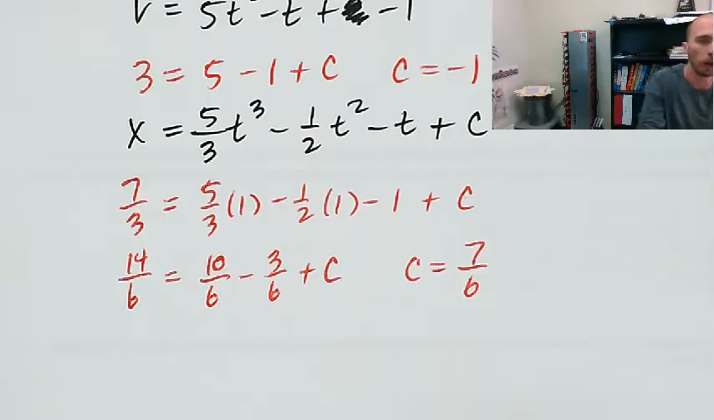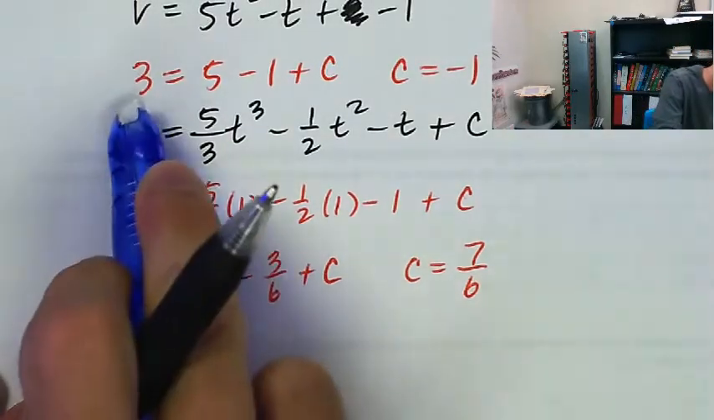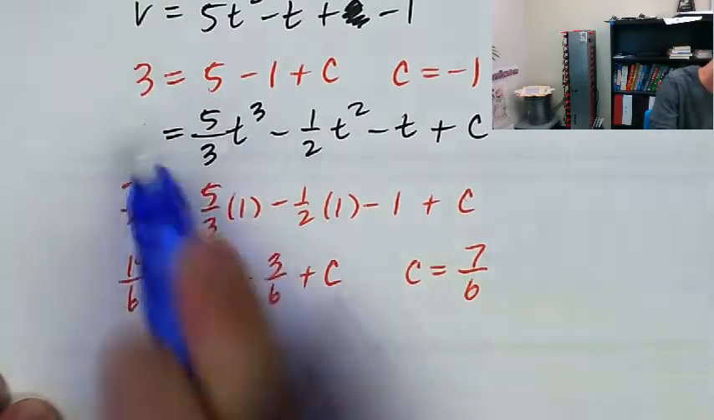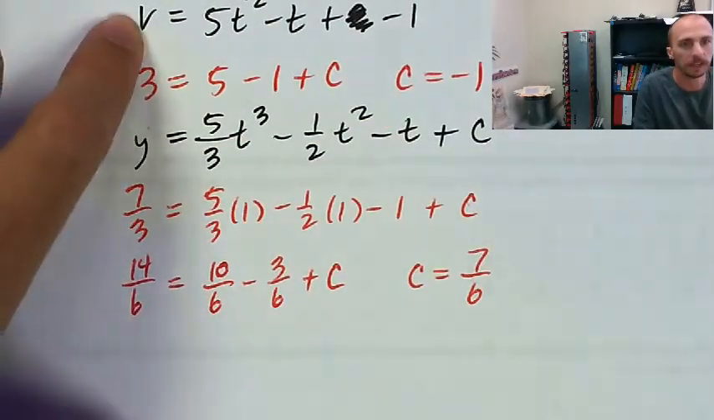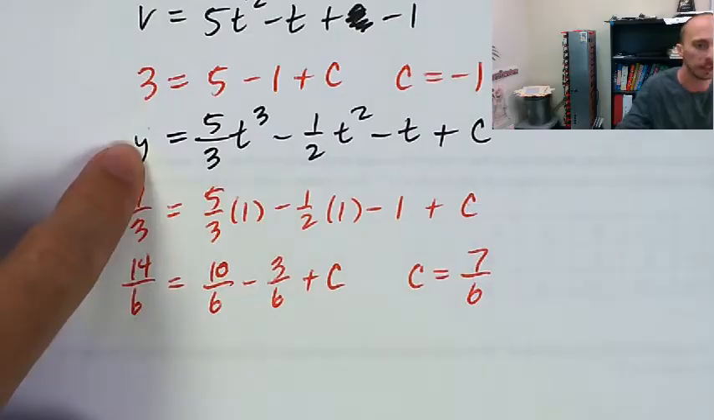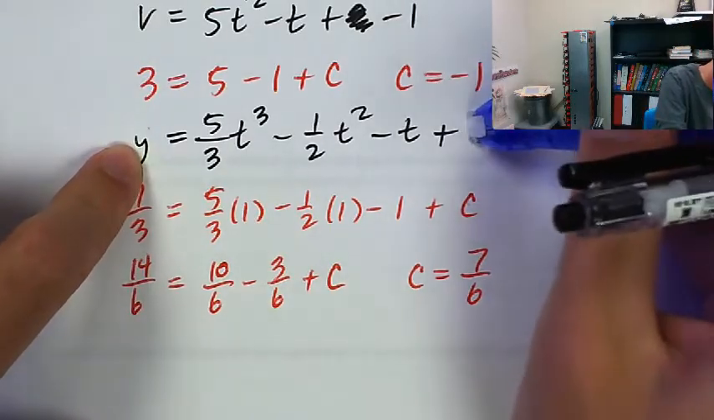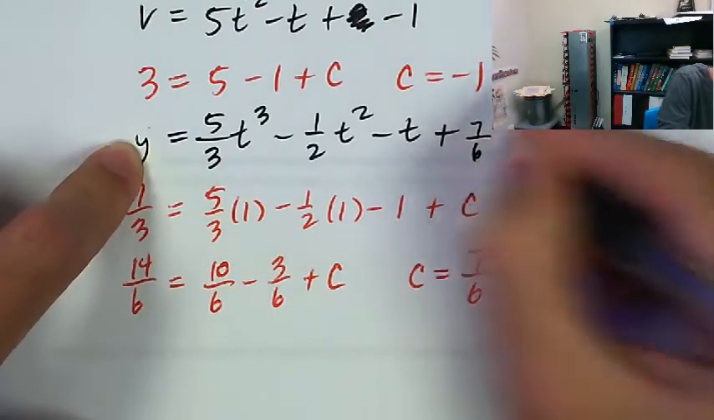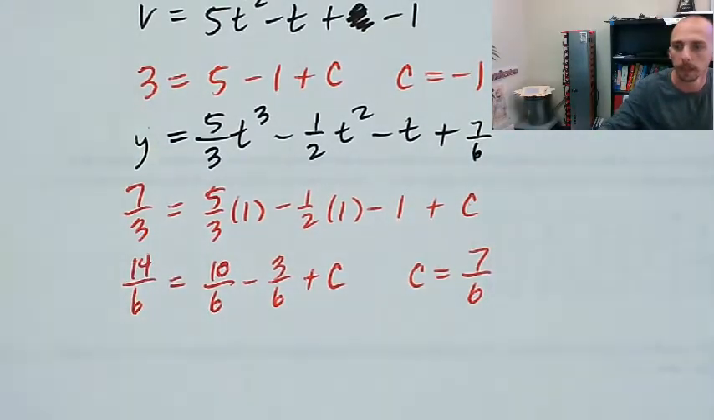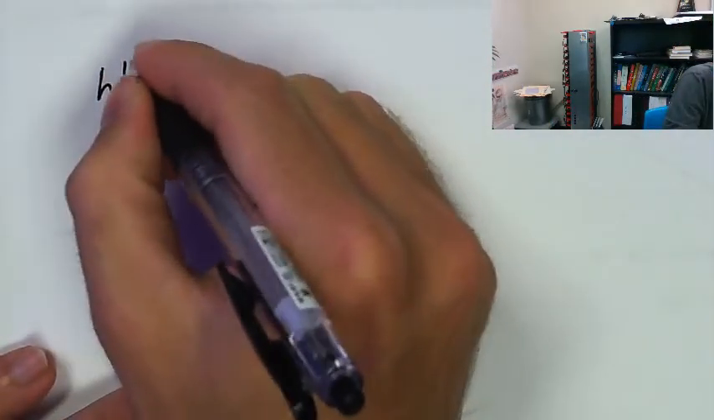And now, whoops, this is not x of t. This is an object moving along the y-axis. I just read right past that. So that'll be a y. V of t is there. Y of t is going to be that. And the last problem I've got for you is find a function h of x with h double prime of x equals 2x